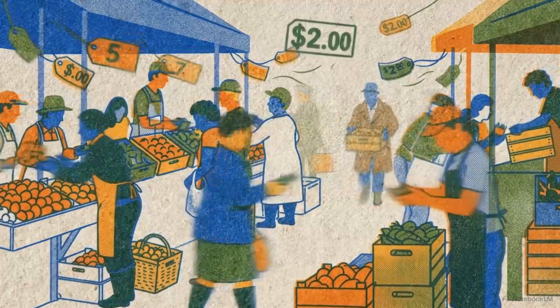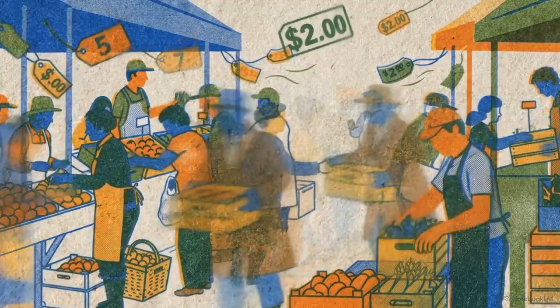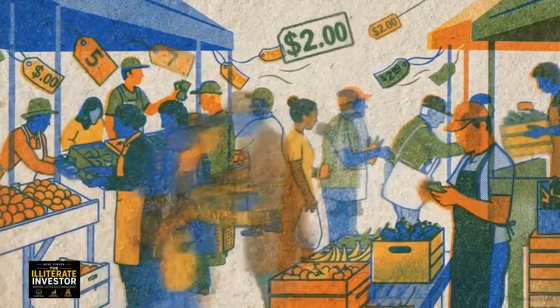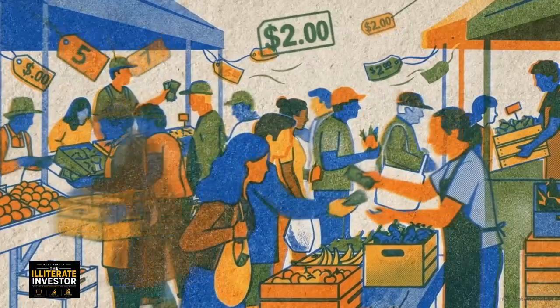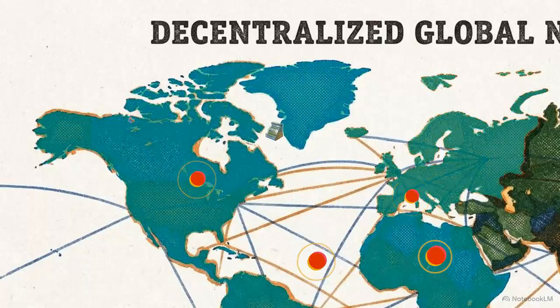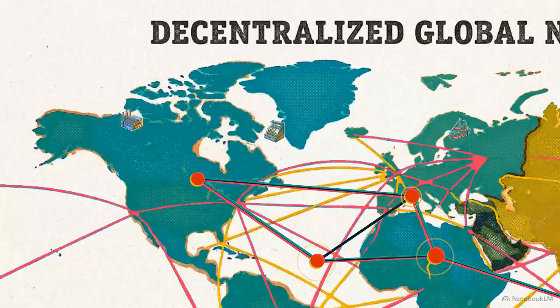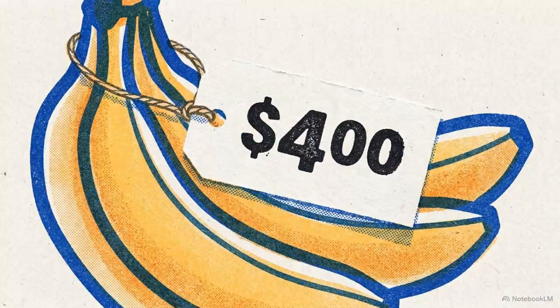Markets function as decentralized global information processing systems. Every transaction provides a data point, and the prices they generate act as transmission vectors. These price messages broadcast the exact scarcity or abundance of a resource. This allows millions of complete strangers to cooperate without a central planner. This entire system relies on the assumption that the price reflects reality.